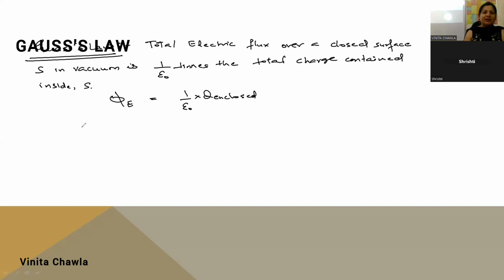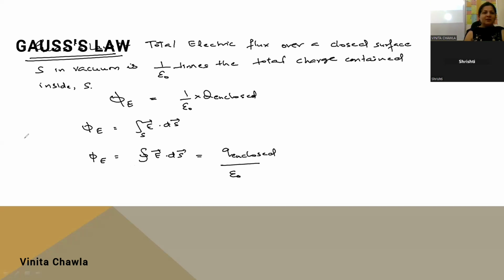As we know that electric flux is surface integral of vector E dot ds. So we can write this as phi E is equal to closed integral vector E dot vector ds equals q enclosed, charge enclosed,